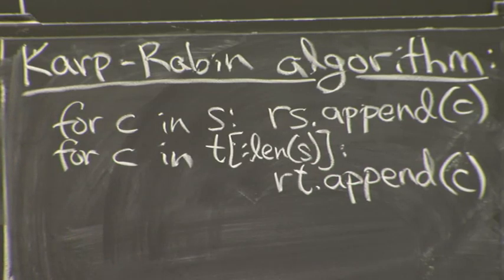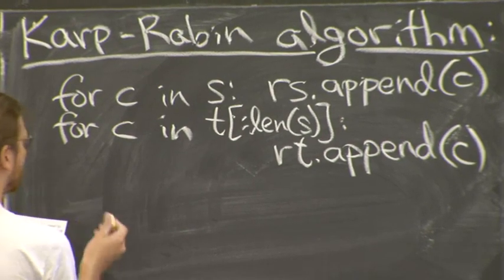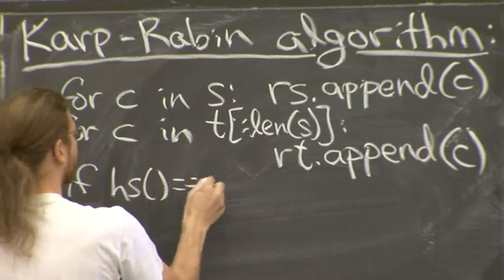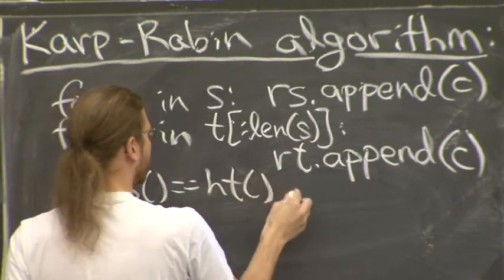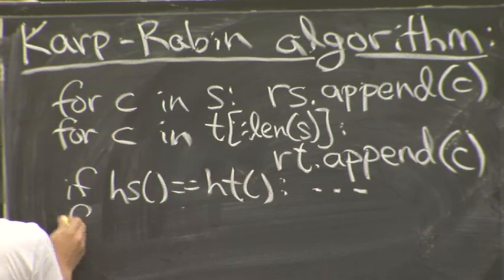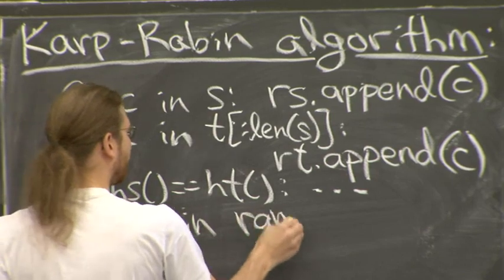So I should check whether they're equal. If they're not, add one character, shift over by one. Add one character at the end, delete a character from the beginning. I'm going to have to do this many times. So technically I need to check whether these are equal first. If they're equal, then we'll talk about it in a moment. The main thing I need to do is this for loop, which checks all of the other